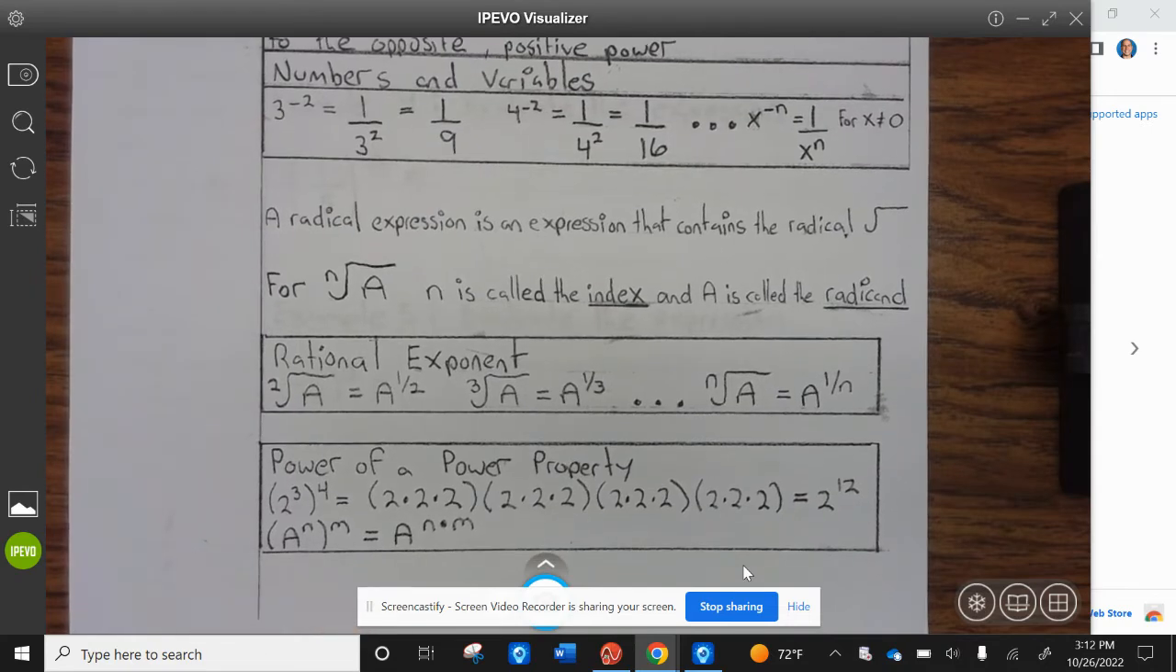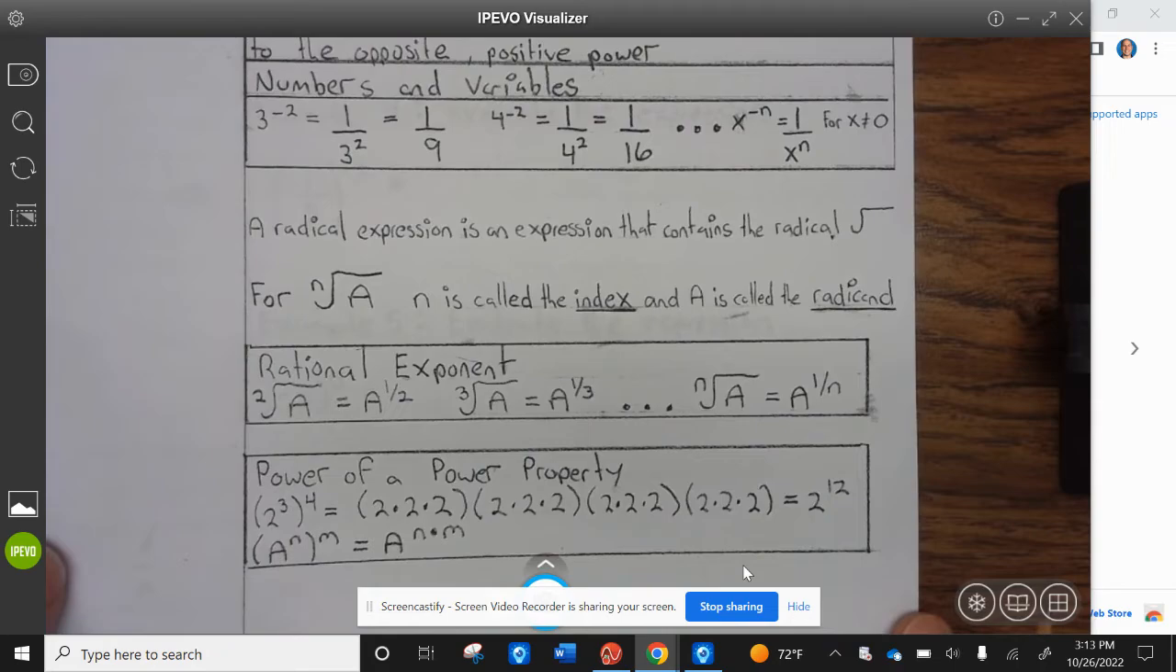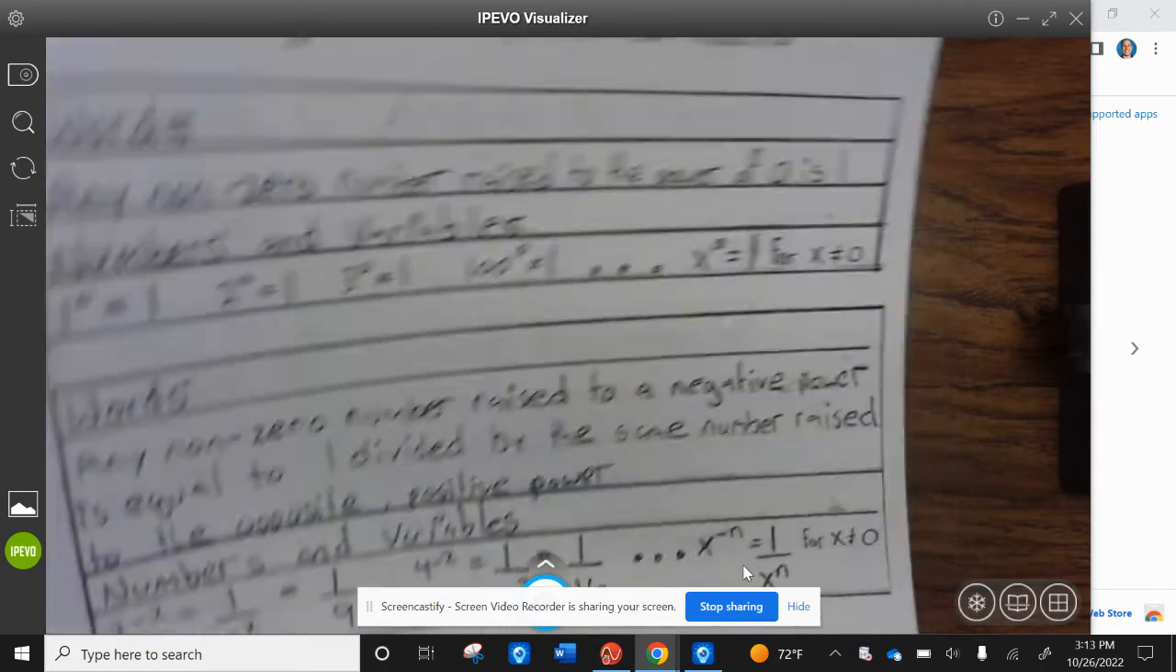Power of a power property. 2 to the 3rd power to the 4th power is equal to 2 times 2 times 2 times 2 times 2 times 2 times 2 times 2 times 2 times 2 times 2 times 2, which equals 2 to the 12th power. a to the n to the m power is equal to a to the n times m. All right, go ahead and finish up your notes. And let's take a look at the next